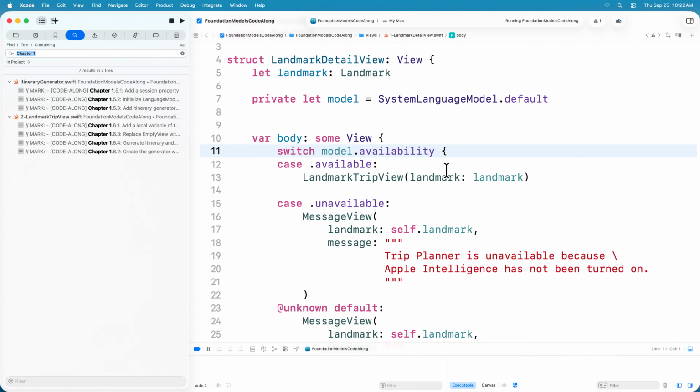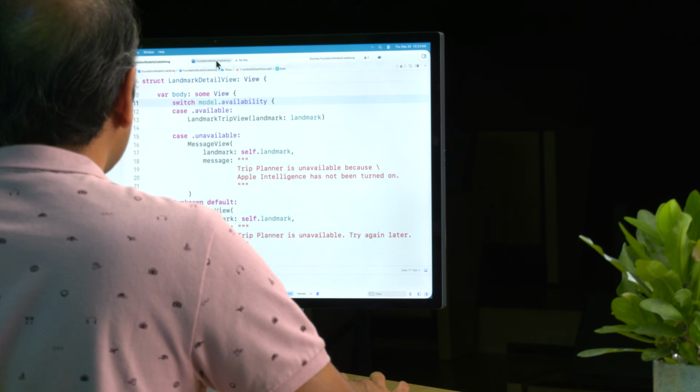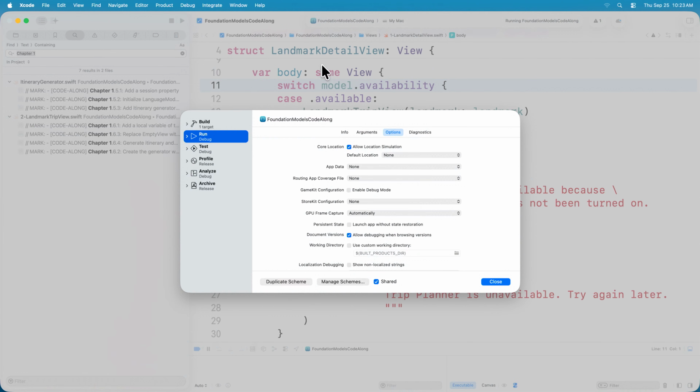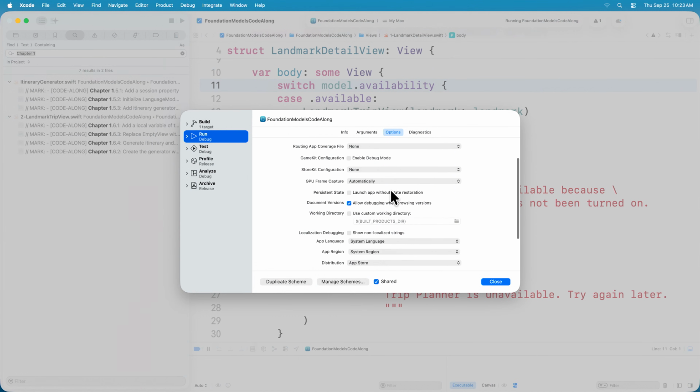Now, we've added these availability checks, which is familiar to you because we use the same in the playground. But how do you test them? You may not have access to multiple test devices. Thankfully, there's an easy way. Right here in the scheme settings in the project, there's an option to simulate unavailability. Let's take a look. Click on Foundation Models Code Along, click Edit Scheme, and if you scroll down, you'll see